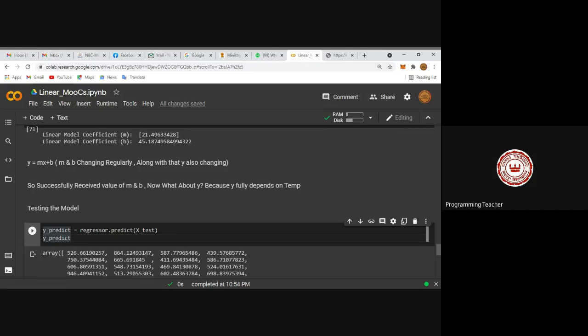Think about the winter case. In December and January, the temperature is suitable for ice cream, but sales are lower. So there is a good relation. So 125 temperatures will provide you 125 different revenue values. This is the concept of real-life cases in linear regression.